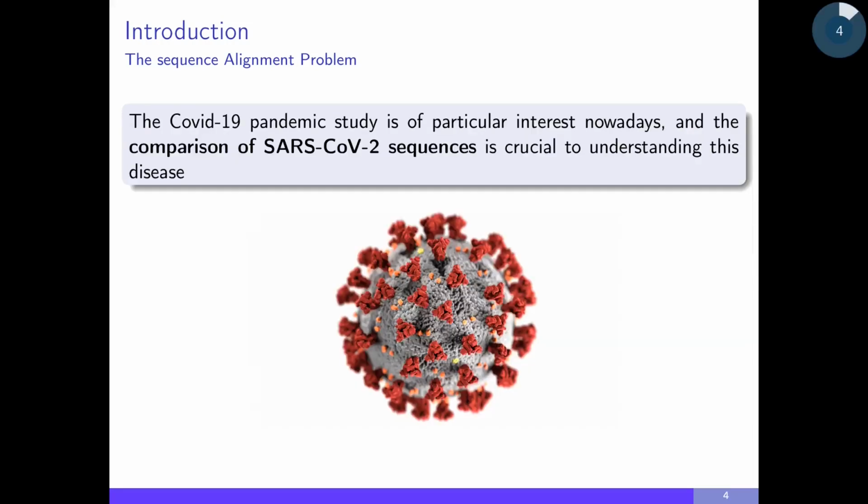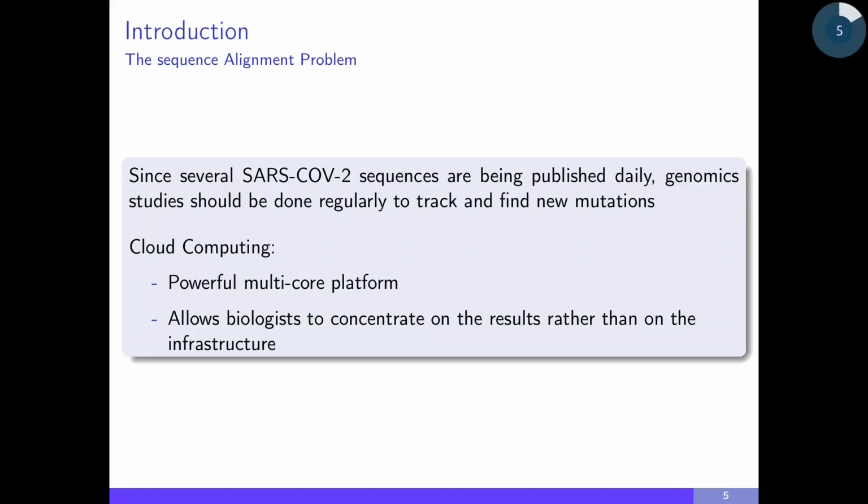So as we know, the COVID-19 pandemic study is of particular interest nowadays, and the comparison of SARS-CoV-2 sequence is crucial to understand the disease and predicting how the virus will evolve in the future. So since several SARS-CoV-2 sequences are being published daily, genomic studies should be done regularly to track new mutations of the virus. And in this work, we want to show that cloud computing can play a fundamental role in this